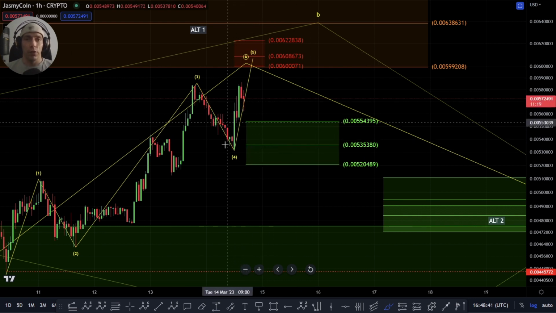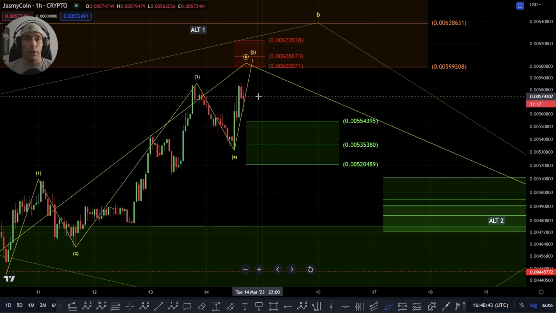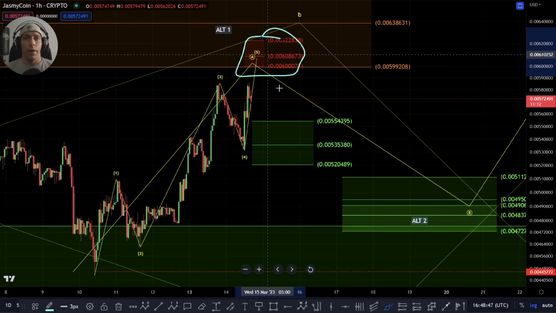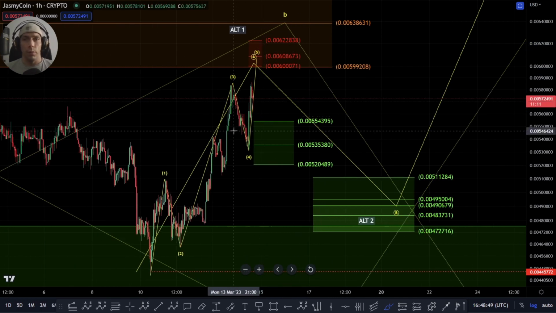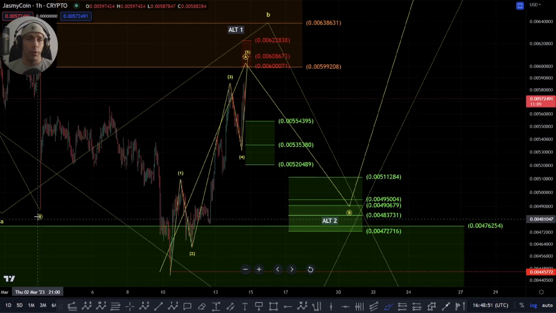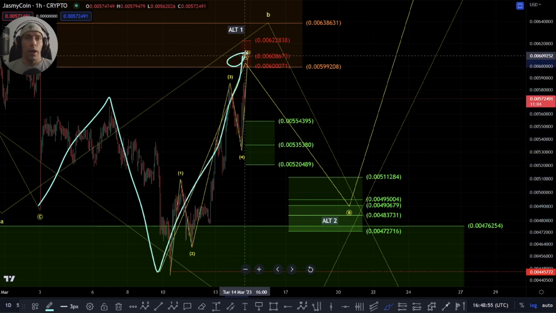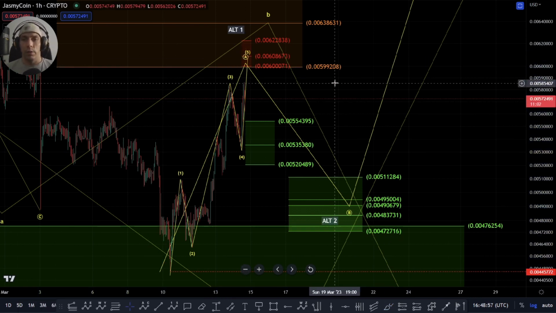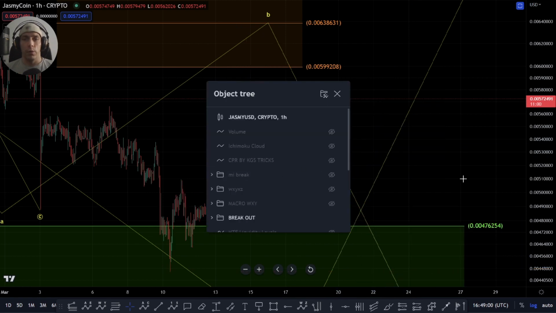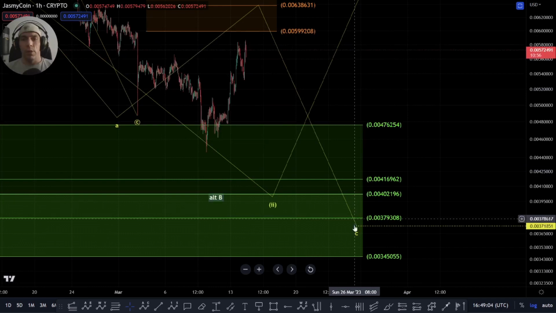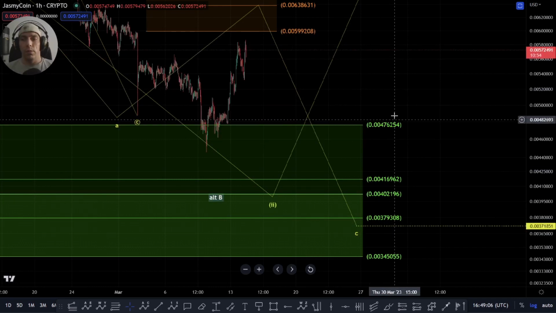Like I said, the structure is not great as a five-wave structure here currently. Potentially we could look to push up into this range and then look to break down from there. So that would be what I'd be looking for if we're looking for this possibility of a flat correction within here. And then potentially what they would be looking for, I'm going to just remove that off the screen for now. What we'd then be looking for would be that potential to break down one more time towards this